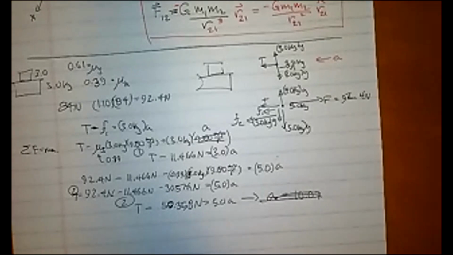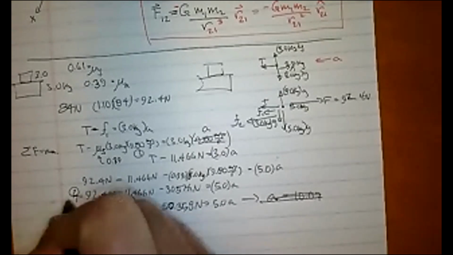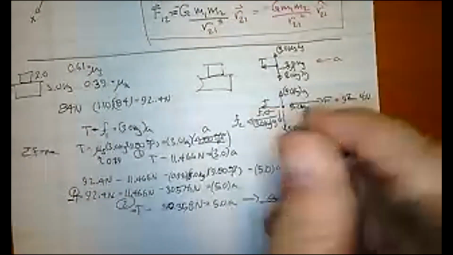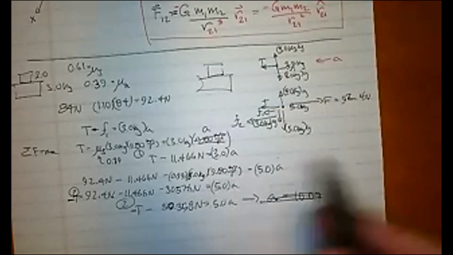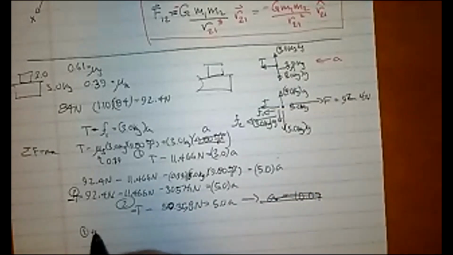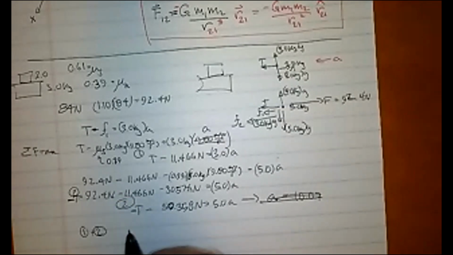Luckily, actually, this should be 50. Oh, minus T. Sorry about that. Yeah, negative T on this one, because everything is that way, right? So now we can add 1 and 2 and the T's will cancel out. So 1 plus 2 gives me the T's canceling out and I will get